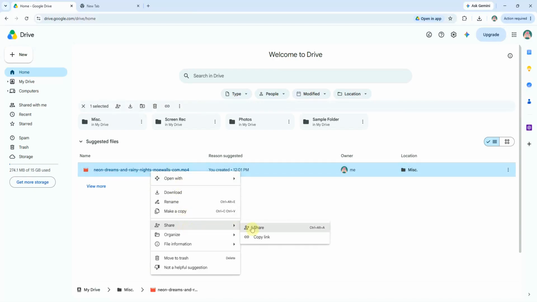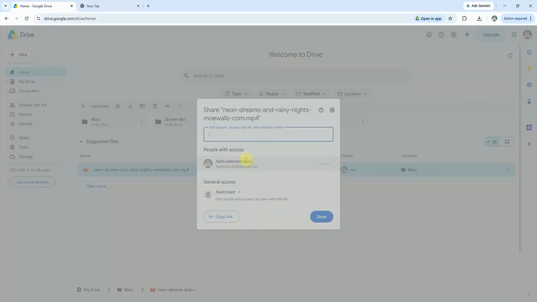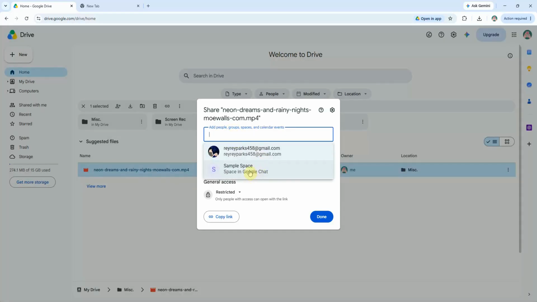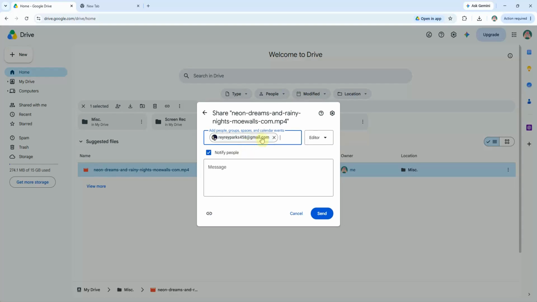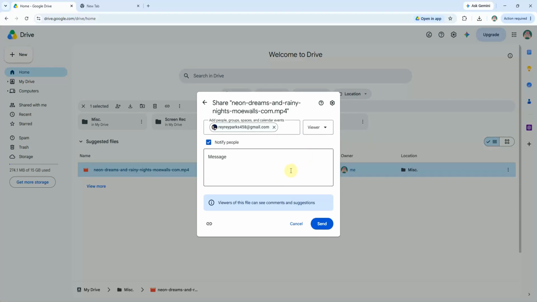A new window will pop up where you can add the email addresses of the people you want to share the file with. You can choose their permission level by clicking on the drop-down next to each email address. It defaults to Viewer, but you can change it to Commenter or Editor if you want them to have more control. If you'd like to share with a larger group, you can also generate a shareable link by clicking on